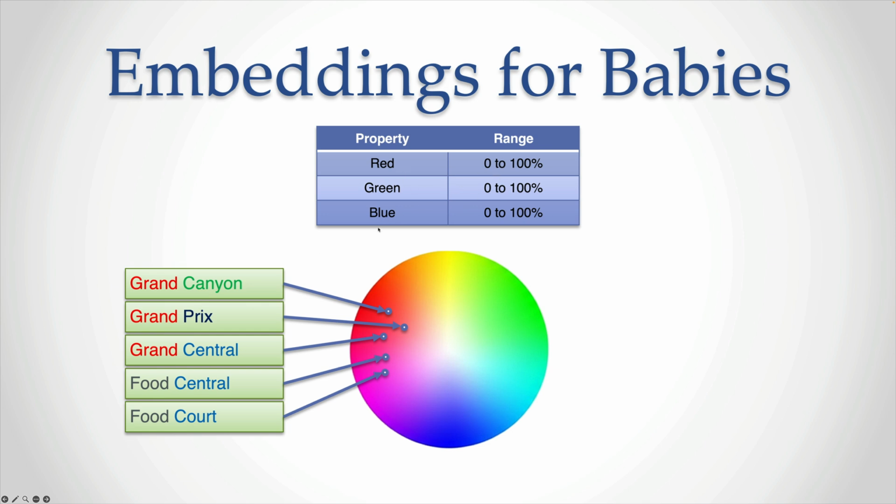And the more similar phrases are, it means they should, in theory, if I do my embedding correctly, be somewhat close on the color wheel. And now you see that when I look for Grand Canyon, Grand Prix and Grand Central are sort of close by. If I look for Food Court, guess what? Food Central is close by. If I look for Grand Central, not only is Food Central close by, but so is Grand Prairie, right? So this is how that similarity is being picked up,